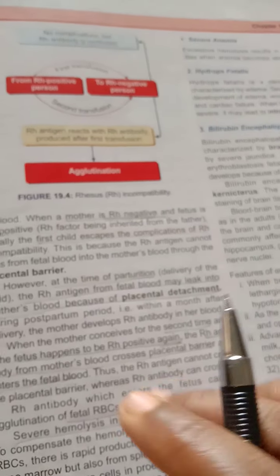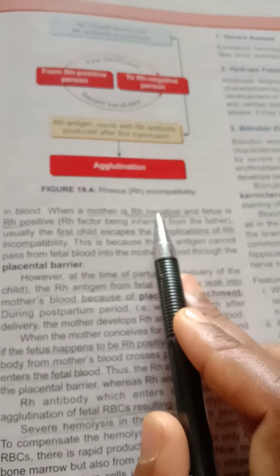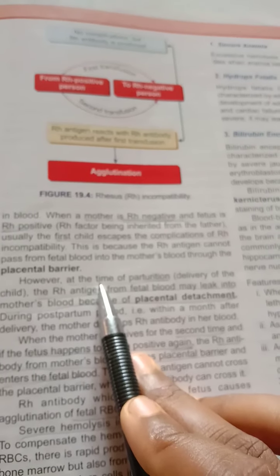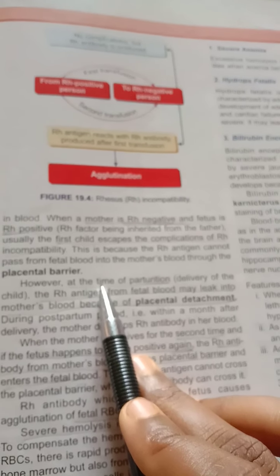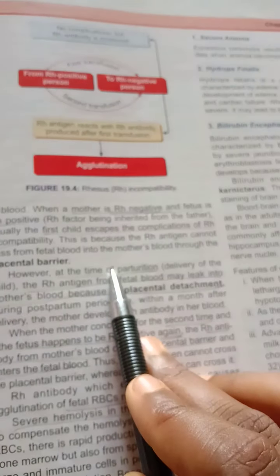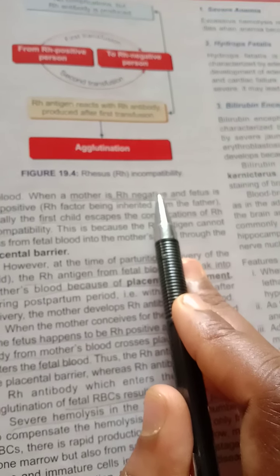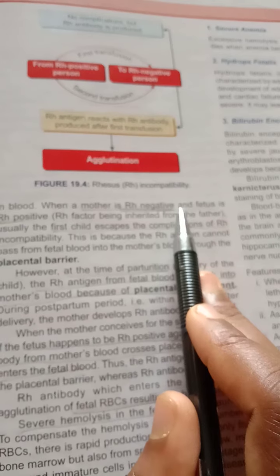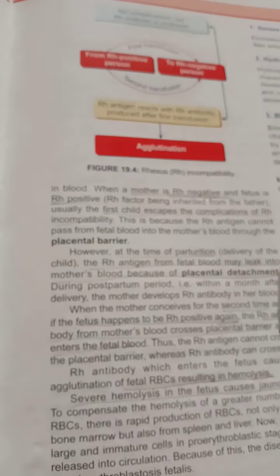In the same way, if Rh negative blood is present in the mother and Rh positive in the fetus, and Rh positive blood enters the mother, automatically Rh antibodies are developed in the mother's body. That leads to the destruction of the blood. So it may lead to death also sometimes. But in case of the first